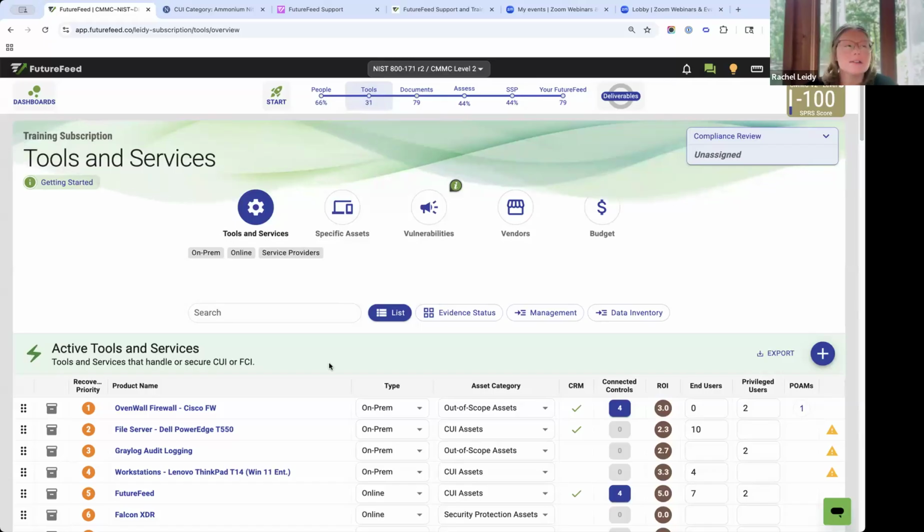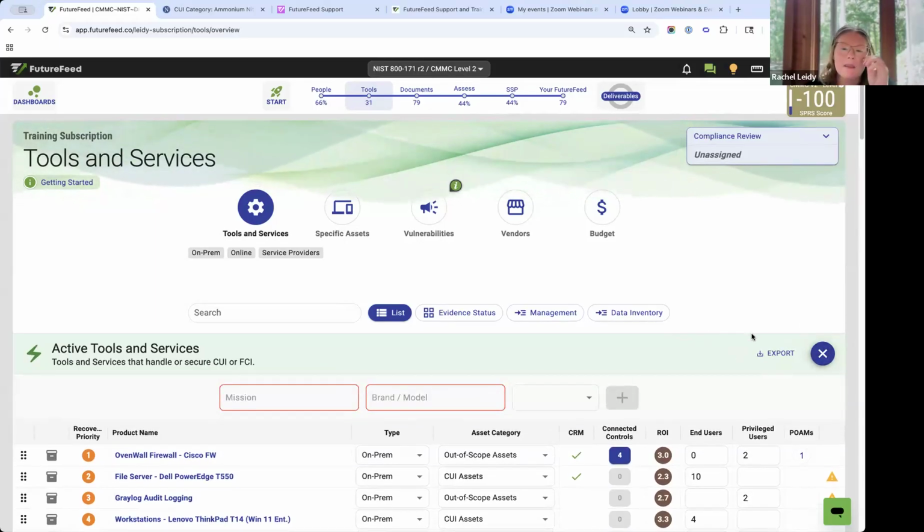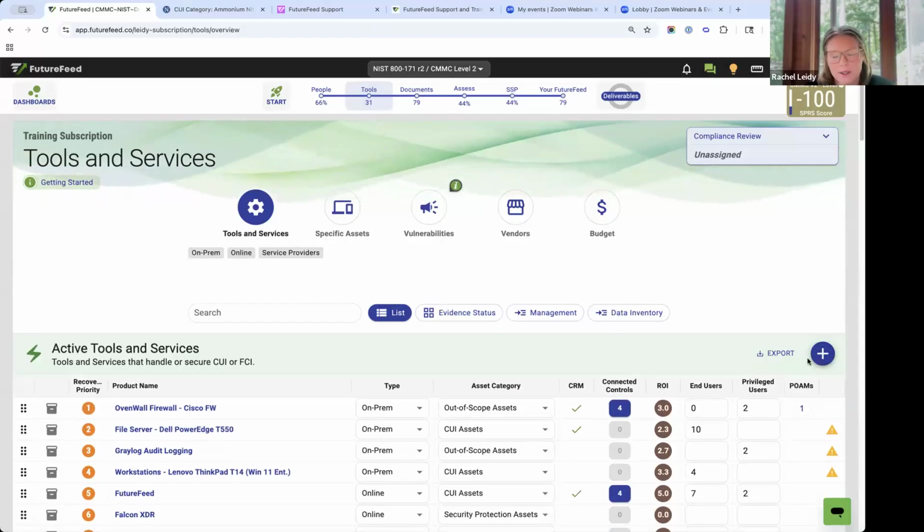Okay, so under tools, this isn't where, let's say you have 50 Windows 11 user endpoints, you're not going to log all 50. You don't need to create 50 entries for that. No, you just create one. Windows 11, Windows 10, whatever, and just one entry. Okay. The only time maybe you create 2 entries for, let's say, Windows 10 is maybe you have different baseline configurations. Maybe you have a software development team, and so